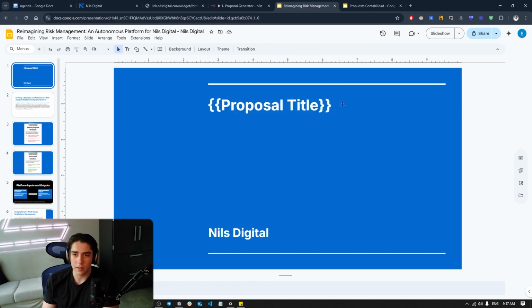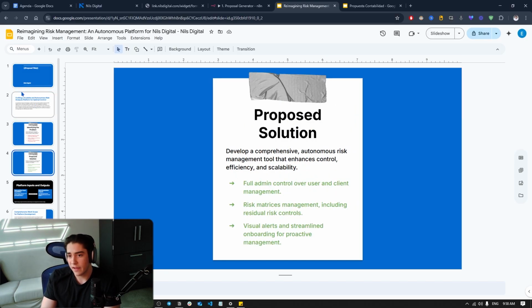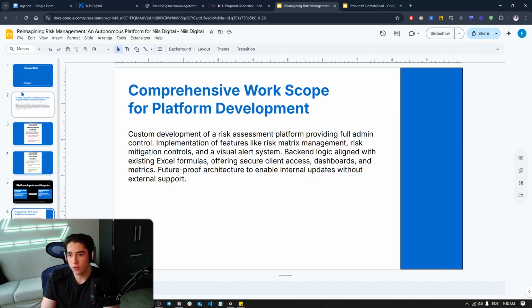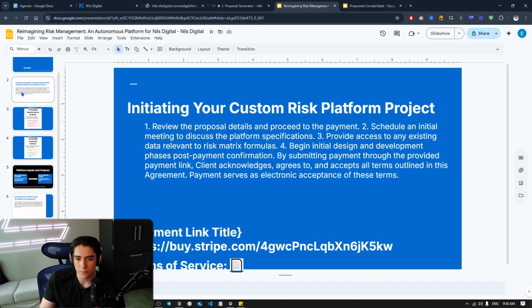I didn't map this correctly because I put my business name, so I probably just got confused. But as you can see, it's pretty cool and it works really well because I essentially give it a template that I know works well. This could be a little bit better. I think I just forgot to remap this when I was rebuilding this recently. But yeah, there are some improvements we made. That's why